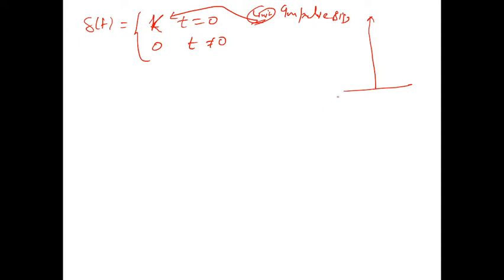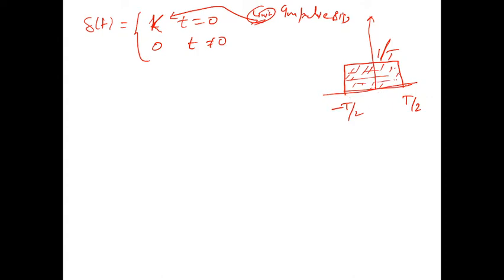What is the concept of this impulse signal? Just look here. Let's say this is the gate function. This gate function is from minus t by 2 to t by 2, and the magnitude is, let's say, 1 by t. So what is the total area of this rectangular function?